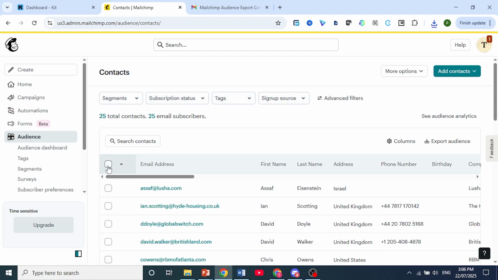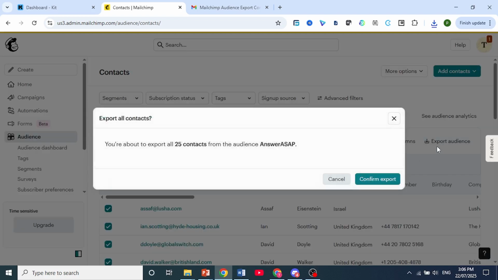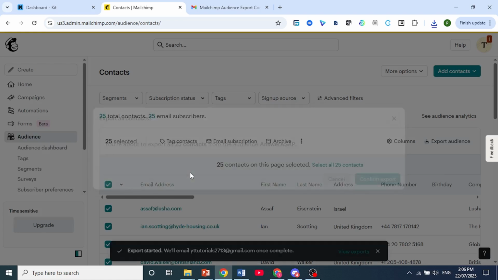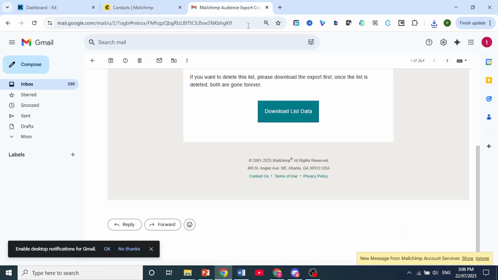Then just click on this checkbox and click on export audience. And when you get this prompt, click on confirm export and you'll actually get an email with the download. So you come back to our email, click on download list data right here, and it will download a zip